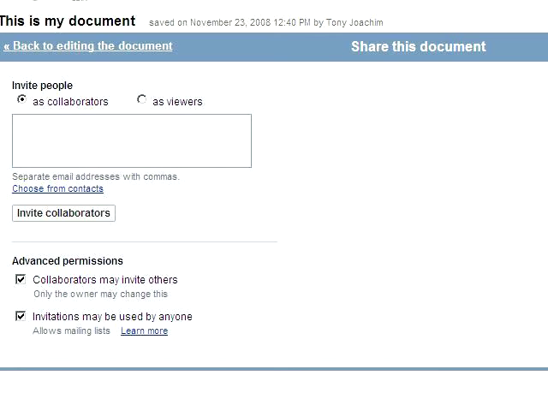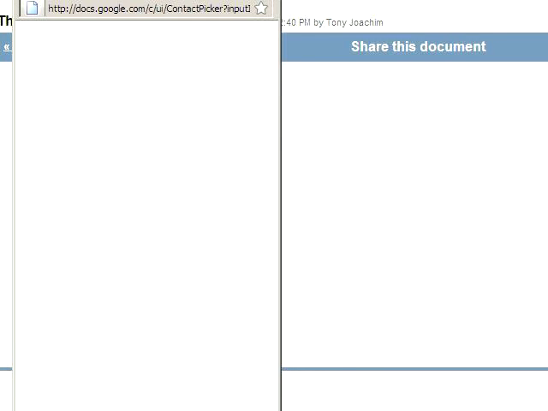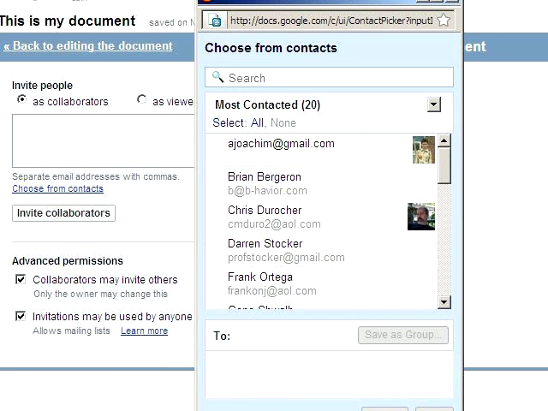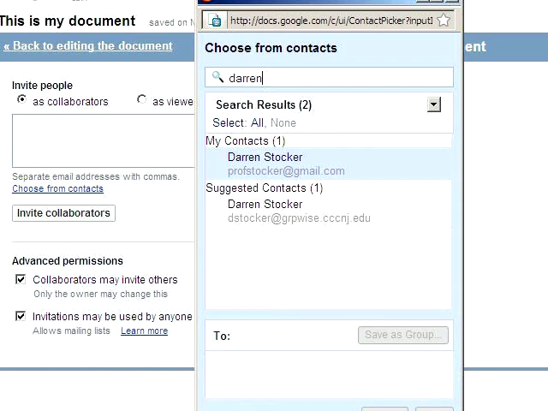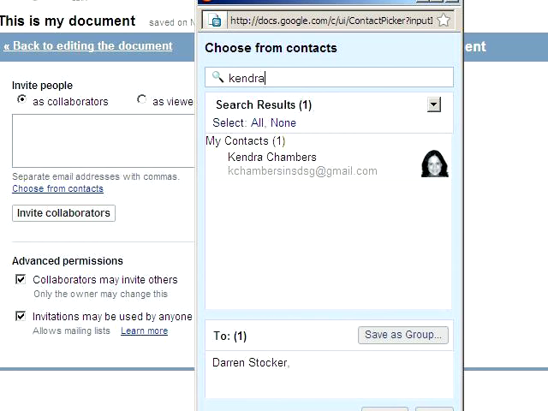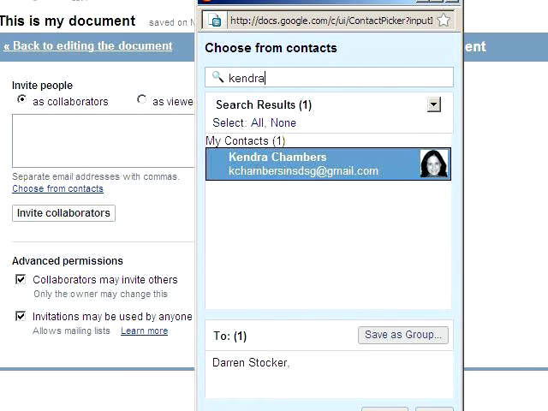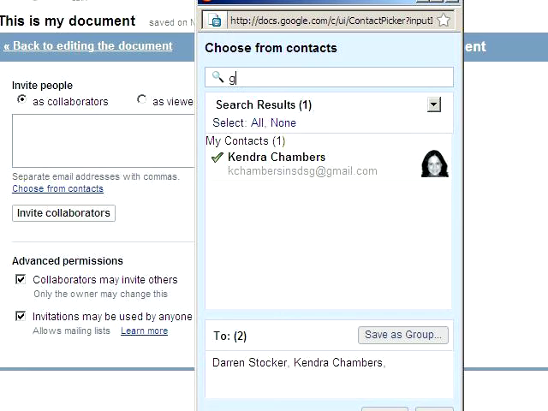Now, one of the nice things is because it's part of the Google Suite, I can choose from my Google contacts. And let's see, Darren. Now, Darren's one of my group members here. And I'm going to share with Darren. And I'm going to share with Kendra, who's also a group member, and let's share it with Jean. So I've now added this to 3 other people,